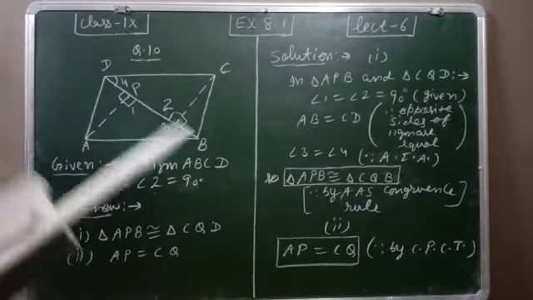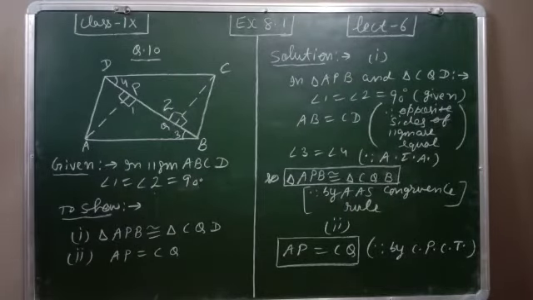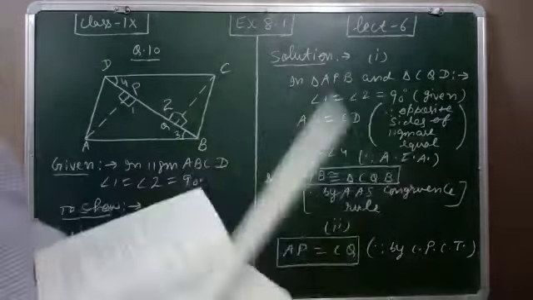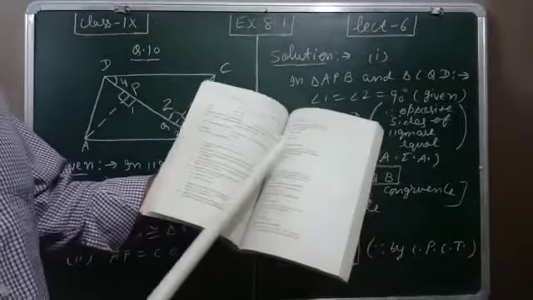So, in the basics of this chapter, we discussed the definition of quadrilateral, then types of quadrilateral, then conditions for proving a quadrilateral is a parallelogram, and questions 1 to 9 of this first exercise we discussed already. Now, this 10th question.